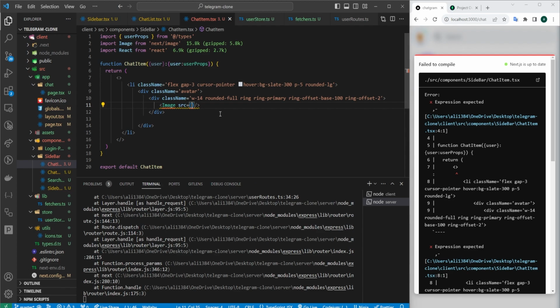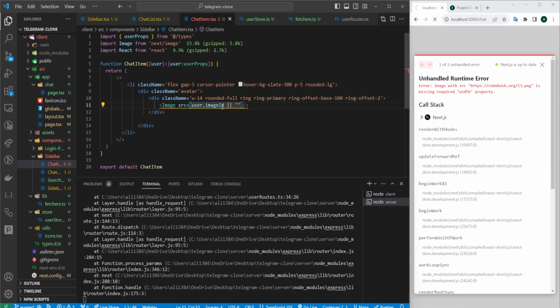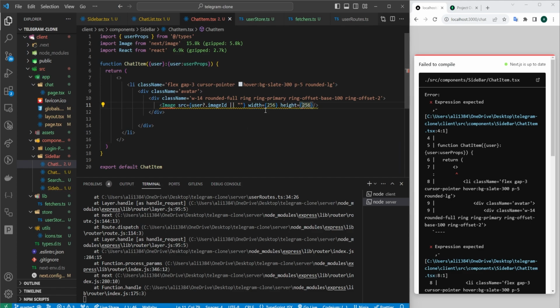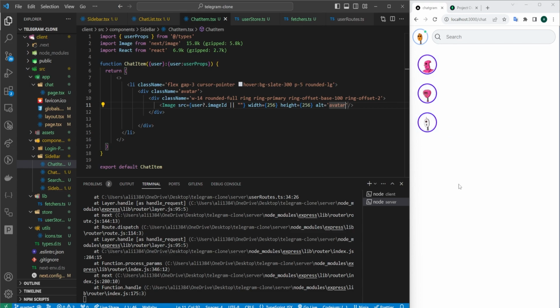Go back, and image source will be user.imageID, or it's going to be an empty string. Width is going to be 256, height is going to be 256, alternative text is avatar. As you can see, it's working correctly. And on the bottom of the div tag we are going to have another div with class name of flex column, justify between,